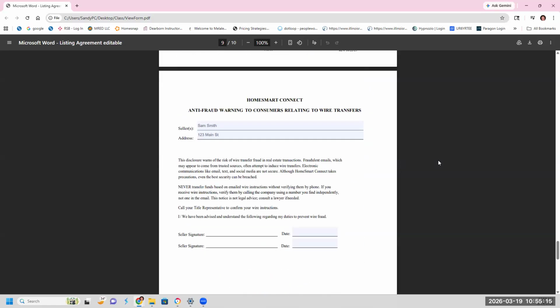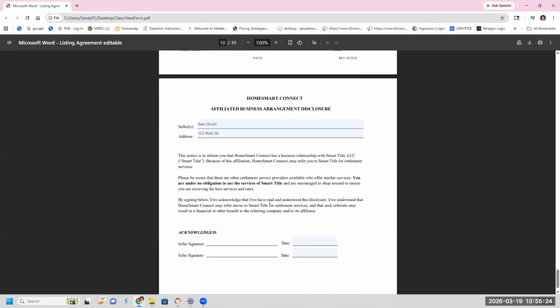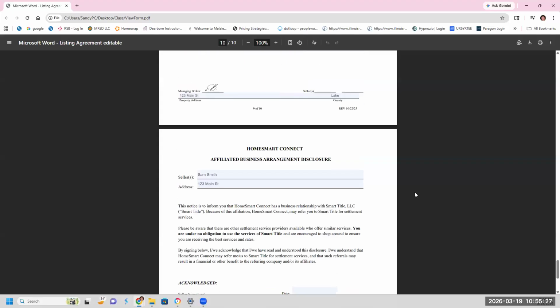There's an anti-fraud warning. We've seen people get scammed, so make them read this, make them sign this. This tells them don't accept wiring instructions from anybody except your attorney, and do it over the phone, okay? People get emails saying do this, do that. We've had people, especially buyers, be robbed in the past. So be very careful. And sometimes once they've got your money, it's almost impossible to get it back. All right, the scammers.